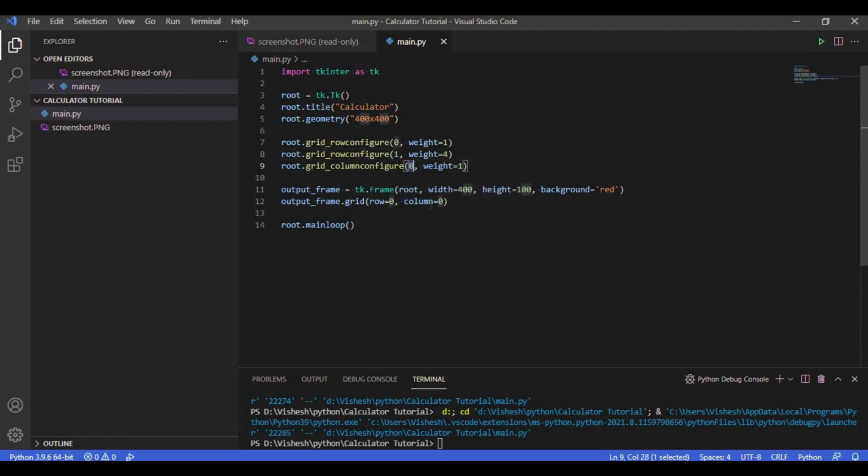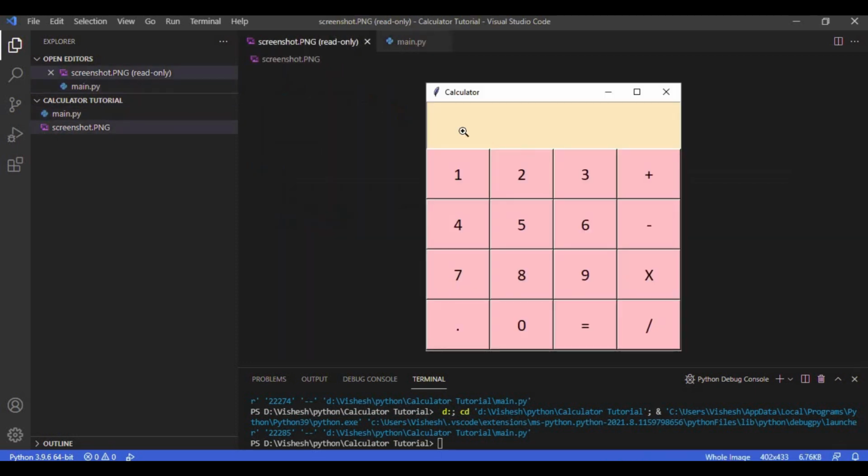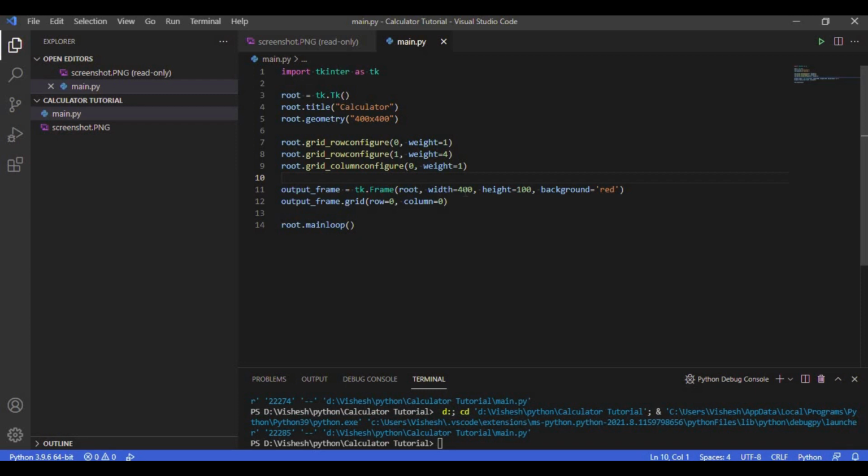Similarly, column 0 will occupy 1 portion of the total window. Since I have configured only column 0, it means that only column 0 will occupy all the portion compared to any other column. The best thing about this is that the ratio remains constant even if you resize the window while the program is running. The widgets will automatically resize themselves according to the ratio. Now if I run this program,